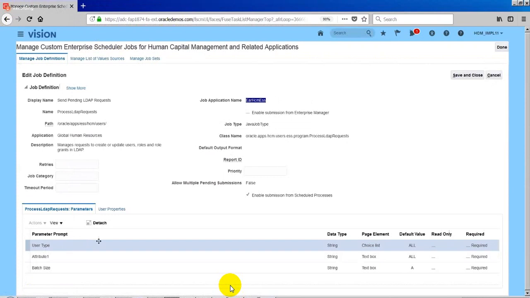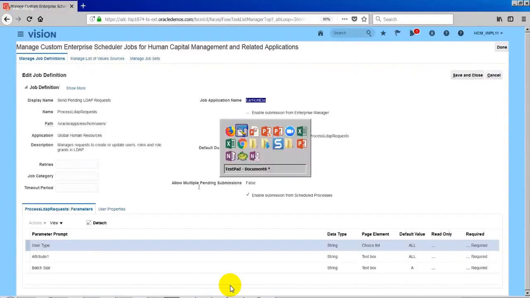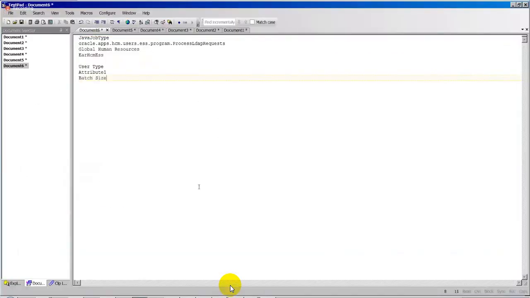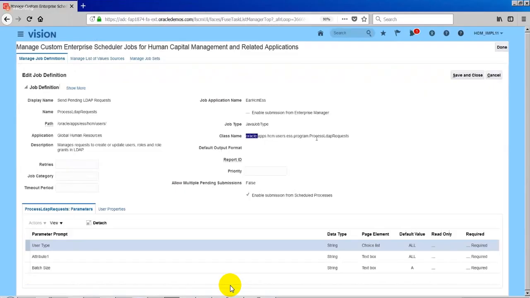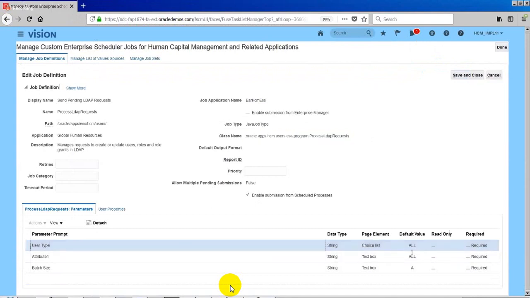It has three parameters: type, attribute 1, and batch size, because this program takes these parameters. Usually it has a list of values, but I will create my value as these default values, so whenever someone submits my job with this parameter, the job will get submitted. Okay, so I just copied everything.